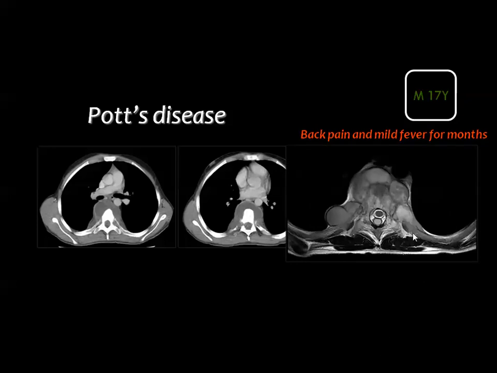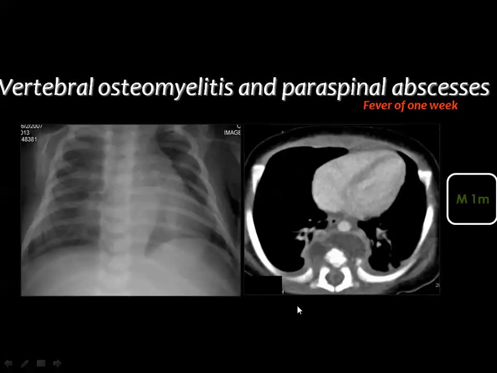By MRI, you can see the intraspinal component of the lesion and you see the prevertebral abscesses. It is better to assess these lesions by the sagittal images of the MRI or reconstructed CT, or even in the lateral X-ray of the thoracic spine, where you can see erosive changes in the vertebrae and the prevertebral collection